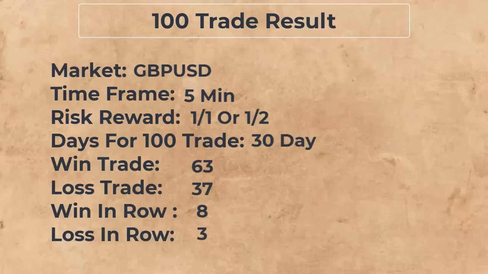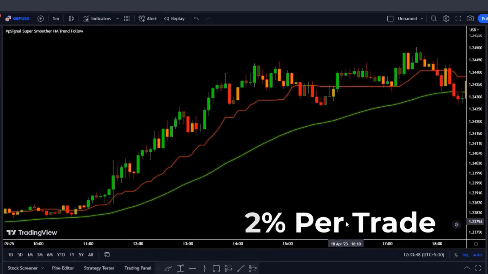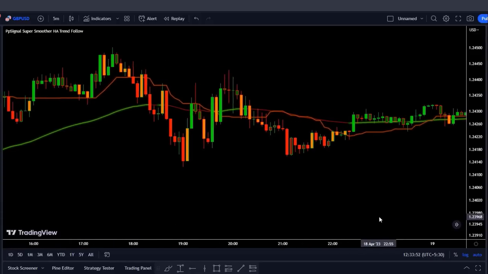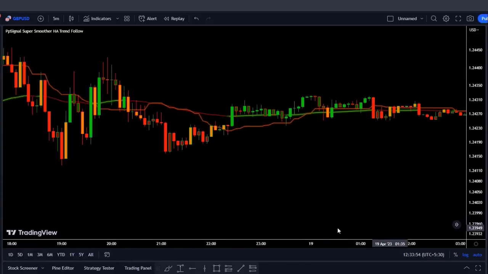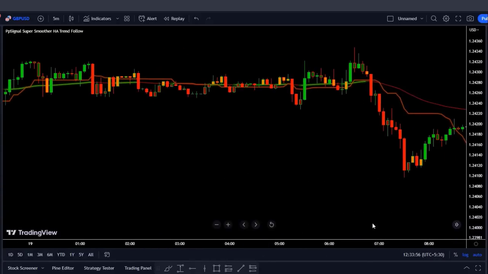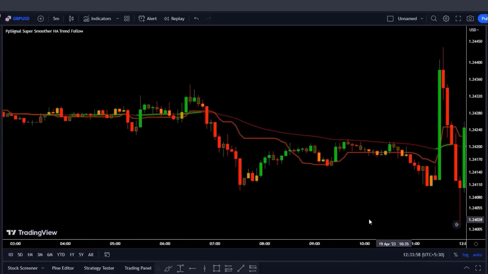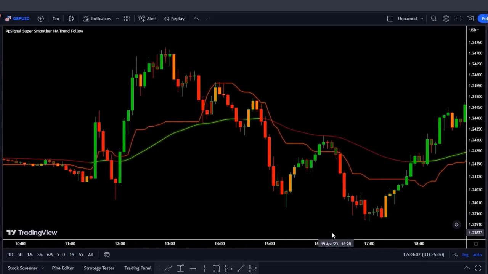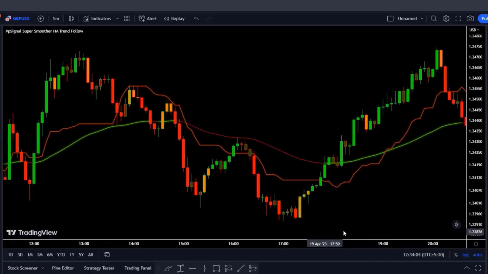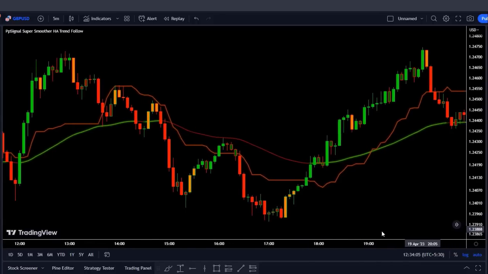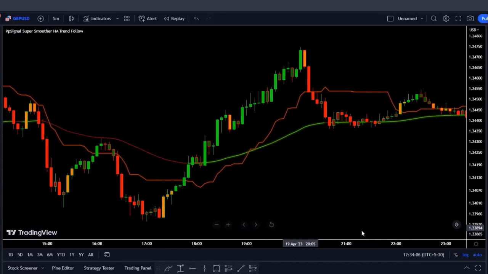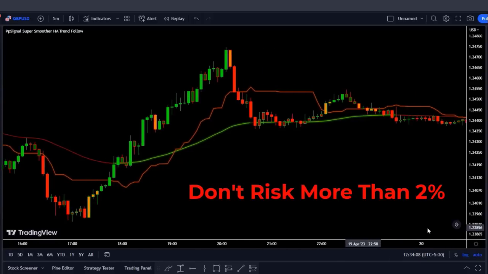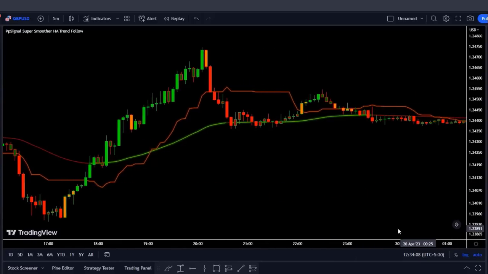The gain on the account was 82%, and that's risking 2% per trade. That means if you had a $1,000 account, you can gain at least $800 profit using only one currency pair. The good thing about this strategy is that you only have to risk 2% on each trade. It is still very profitable if you put in 10 trades. At least 7 trades will be profitable with a 1:1 risk-reward ratio. Don't risk more than 2% per trade, but you can use more than one currency pair and you can gain more money